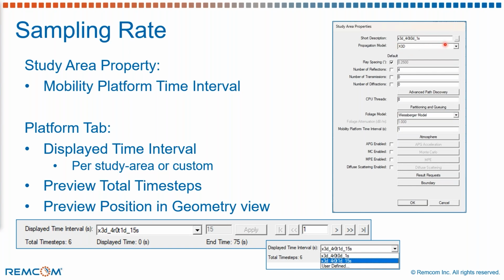Here we have X3D. This mobility capability is an X3D feature. So you have X3D as your model, and then you have your usual inputs of how many reflections, transmissions, diffractions. And what you have new here is the mobile platform time interval, which is defined in seconds. So this is telling the engine, I would like to sample my scene every second, and that's what we will